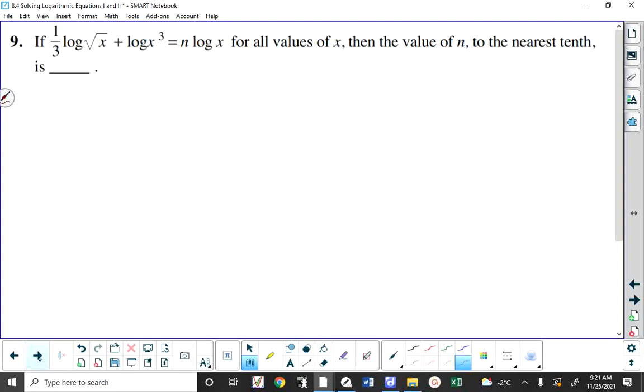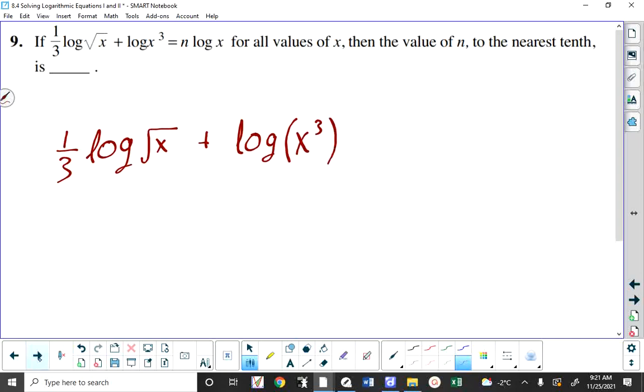So we have an equation. I'm going to rewrite it. It's 1/3 base 10 logarithm of the square root of x plus the base 10 logarithm of x cubed. And again,